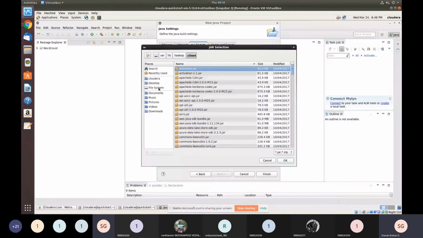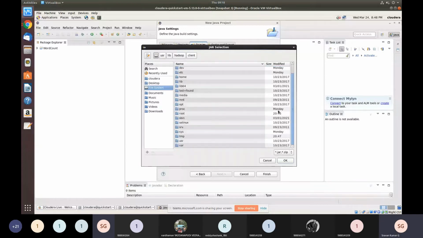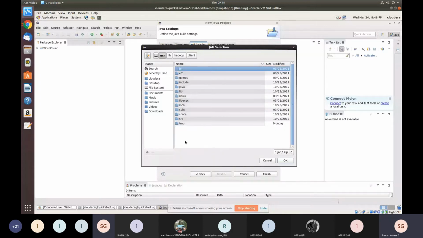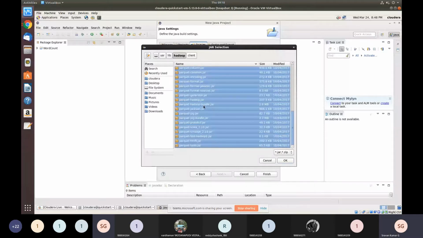In file system, scroll down and click on usr, then lib, then Hadoop. Under this Hadoop folder, select all jar files. Click OK.